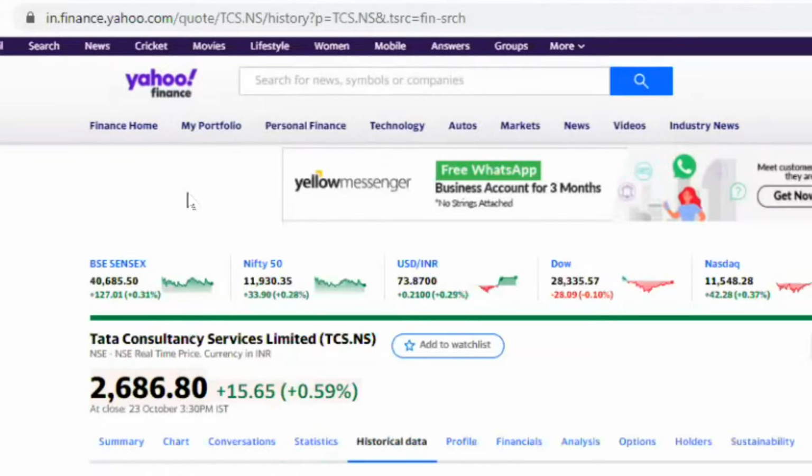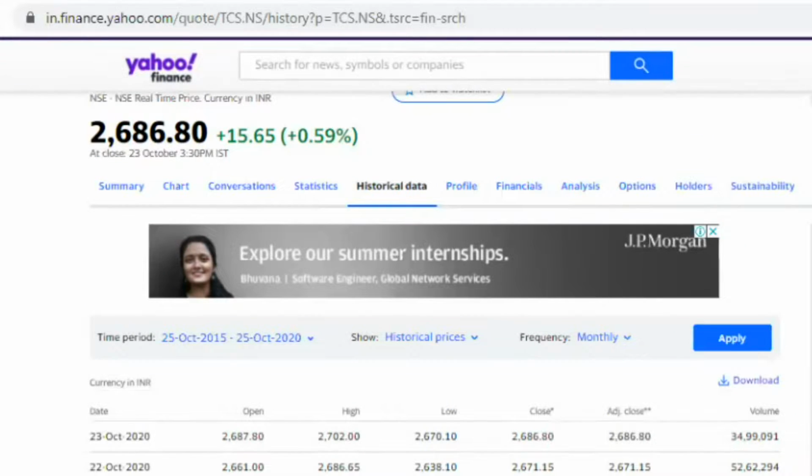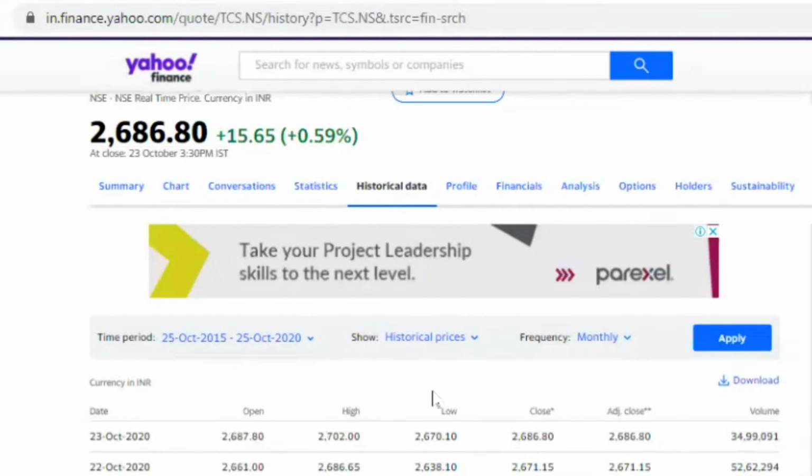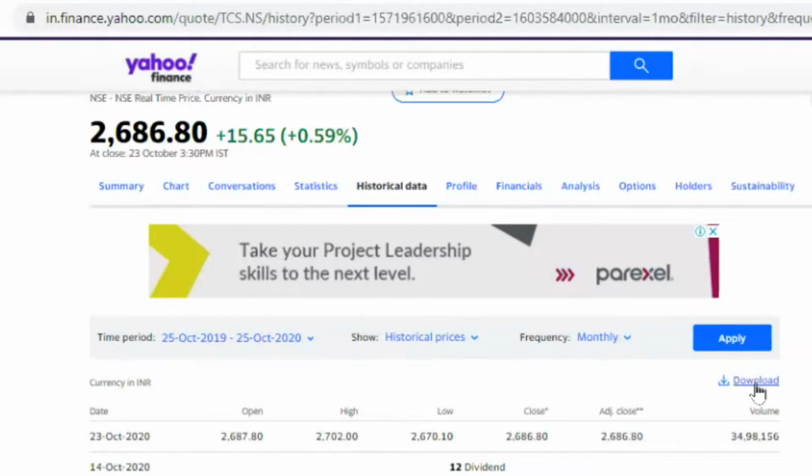Clicking it here has taken me to the desired destination, and here it is already set to monthly and price. Yes, it is, but still I prefer that we do it. Click here, done, then apply, and then download. And here it will show that the data is already downloaded.